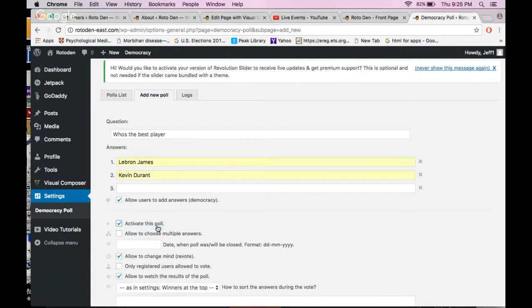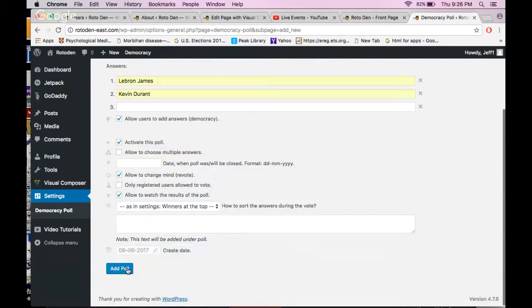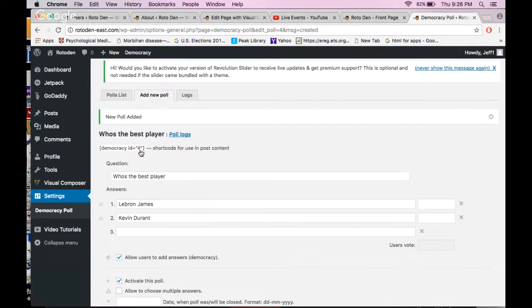You press activate this poll. If you want users to choose multiple answers, you do this. If you want them to revote, you check that. Then you add the poll. So now the democracy ID is 4. That's the short code, so you can copy and paste this to use the poll in your post,